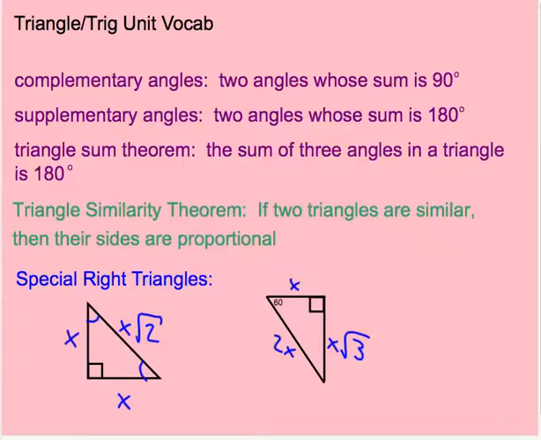This next unit should be all review from geometry. So the first 3 vocab terms are going to be used for the pink slides. Second video, we're going to have purple slides, and that we will use the green definition for. And then the yellow slides, we're going to be looking at the special right triangles. Since you know how to read, and this is review, I'm not going to read them to you, we're just